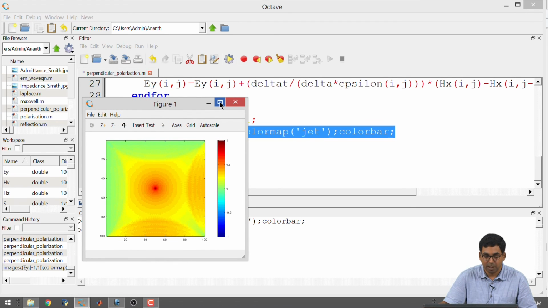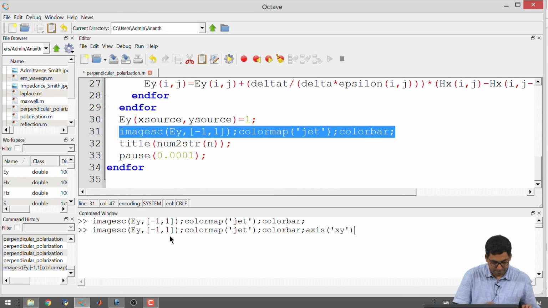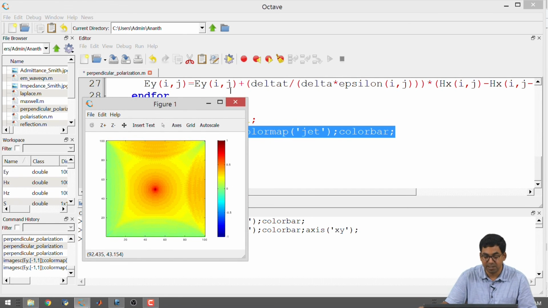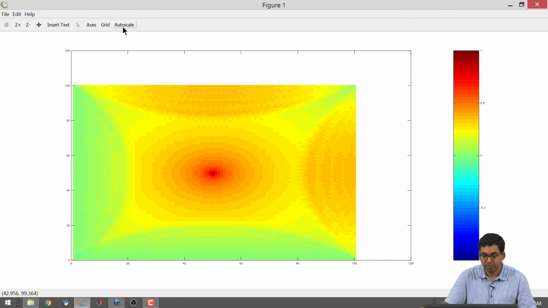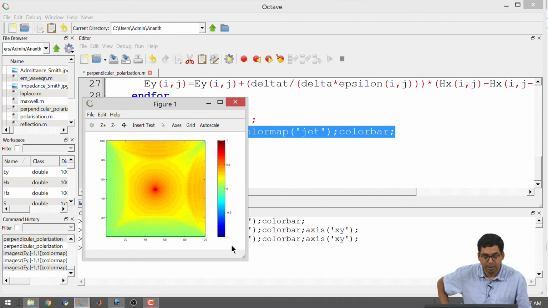Okay. So, I have the color bar. I will also make the axis x y so that we can see. Okay, this is easy. All right. So, I have left and bottom. Okay. So, this is going from 0 to 100 on both sides, which is easier for me to interpret, because when I am writing code I do not want to see different axes. 0 to 100 on the x, 0 to 100 on this axis.